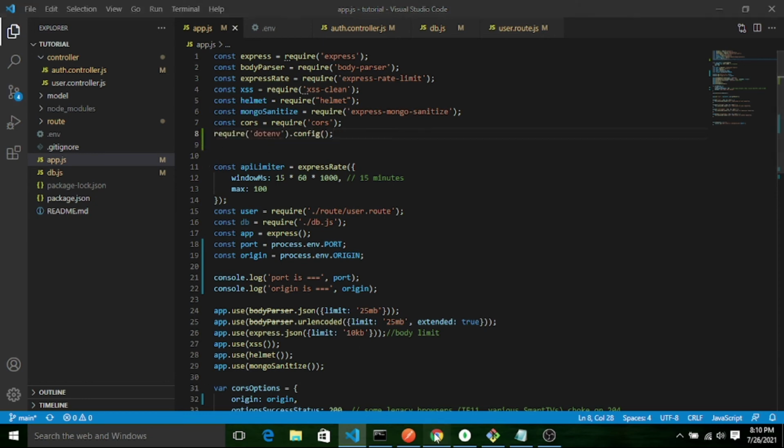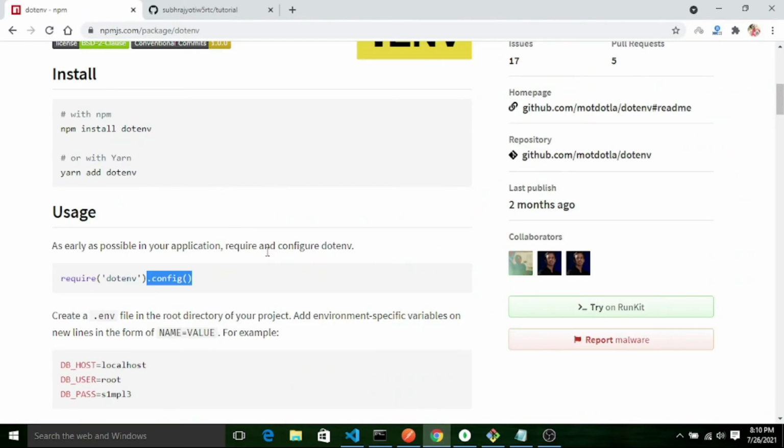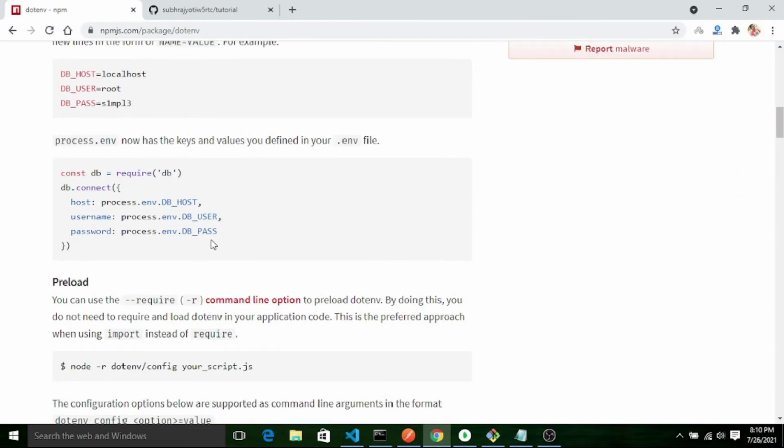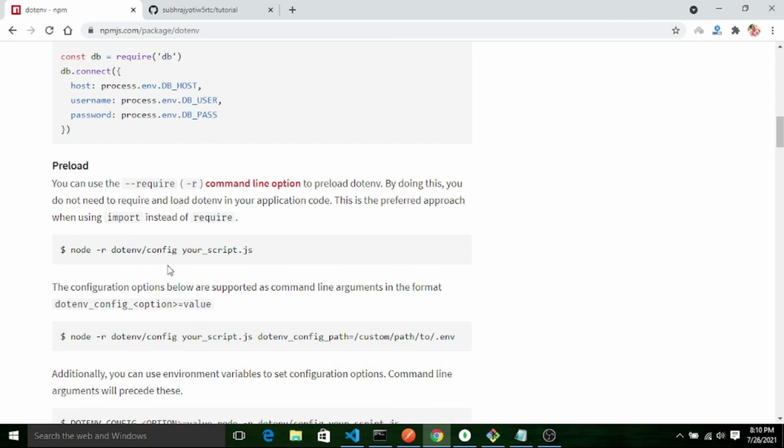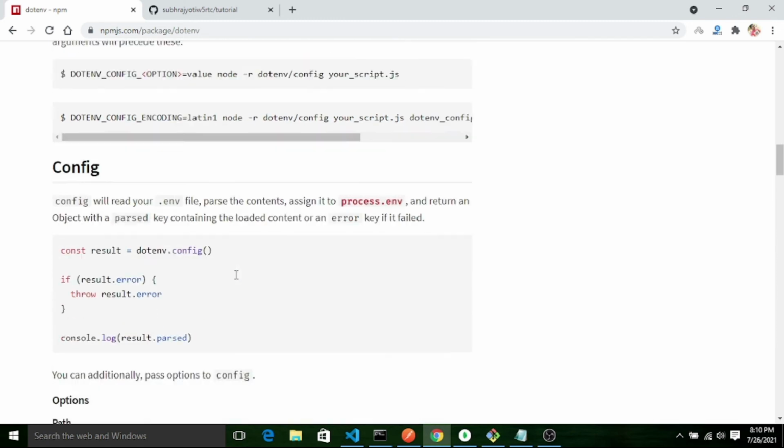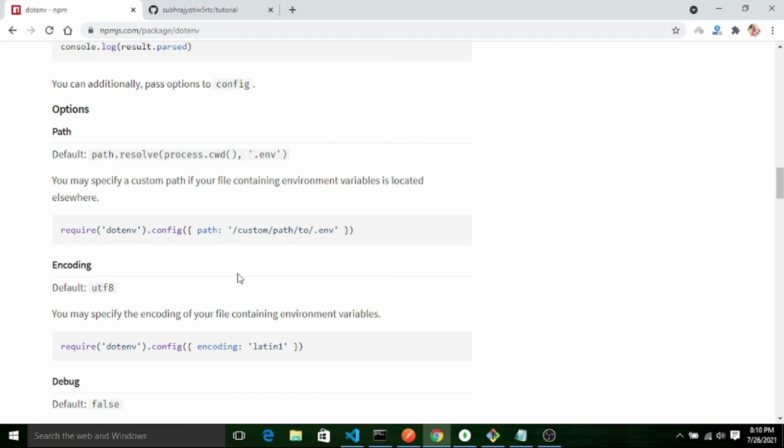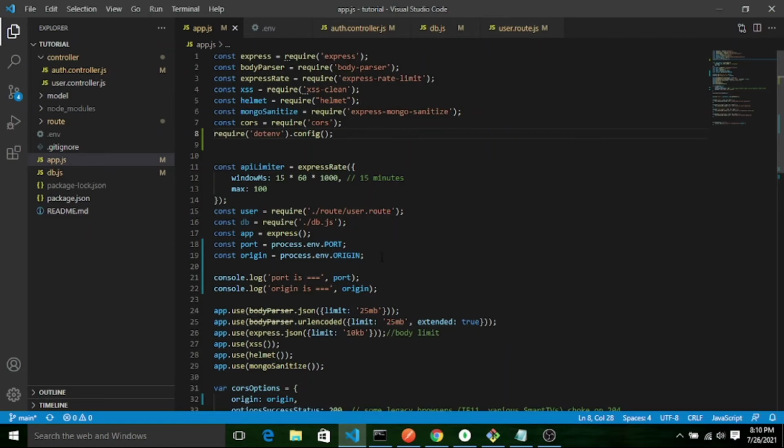Okay, so you can just visit this npm site for the dotenv library, and it has mentioned many things actually. You can call your config file which is present in another location. So you can follow this site. It will give you some good ideas. Here you can define the path if the .env file is present somewhere else. So now all the parts are finished.